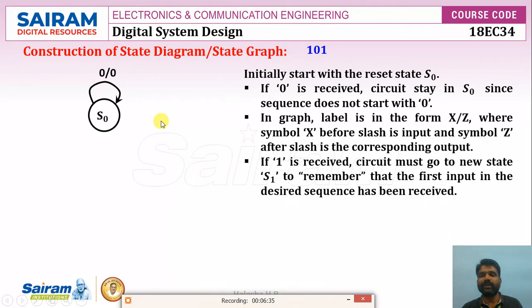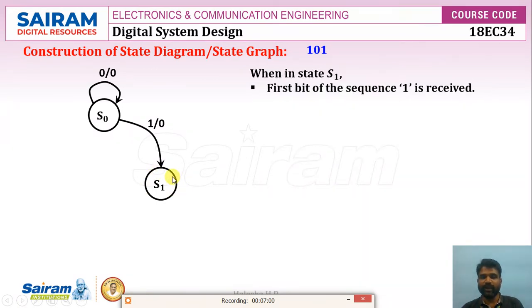that means the circuit must go to a new state, say S1, to remember that the first bit of the desired sequence is received. So it will go to S1 when the input is 1, but still the output is 0. Correct now? So now we are in S1. Means what? When in state S1, the first bit of the sequence, that is 1, is received and we are waiting for the second bit to be